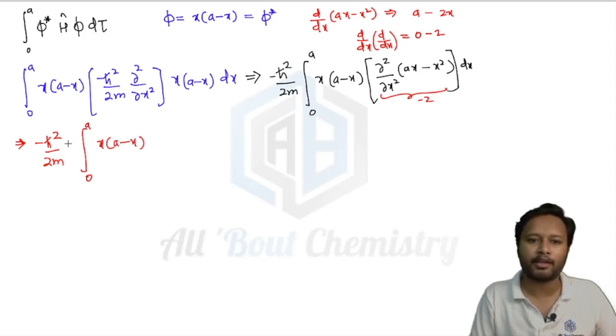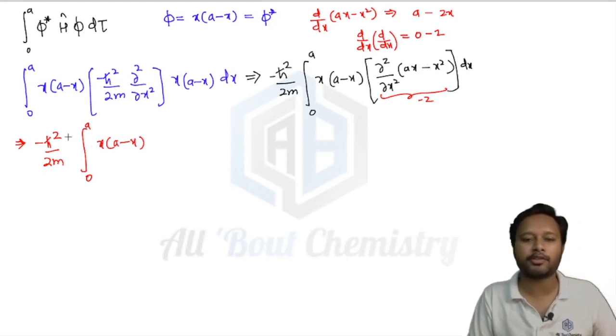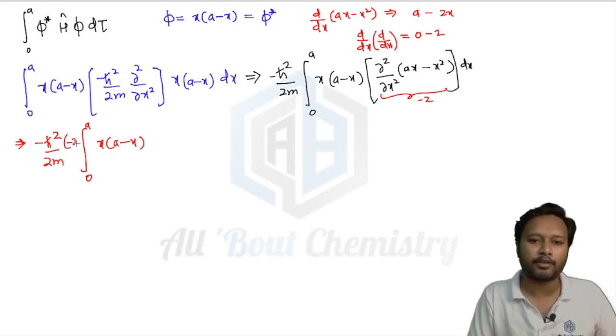2, right. So, I can take that out from the integration because it is a constant term. So, I will take it outside. So, minus 2, okay, and this goes dx. Now, see, you can cancel out this 2 and this 2, and this minus and minus will become plus. So, the next step will be h cross square upon m, and now you have to integrate.